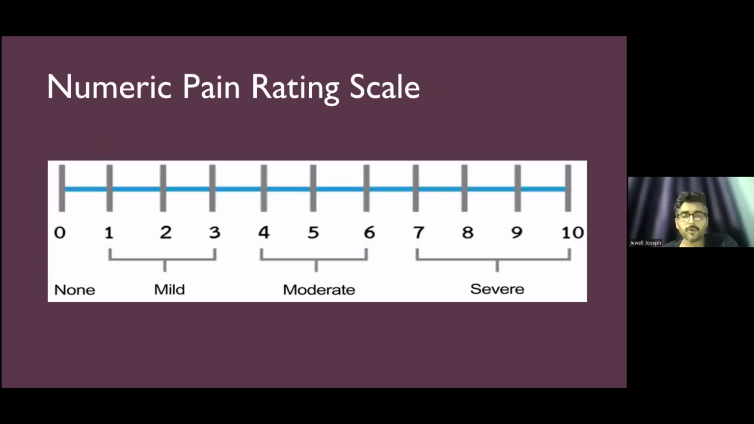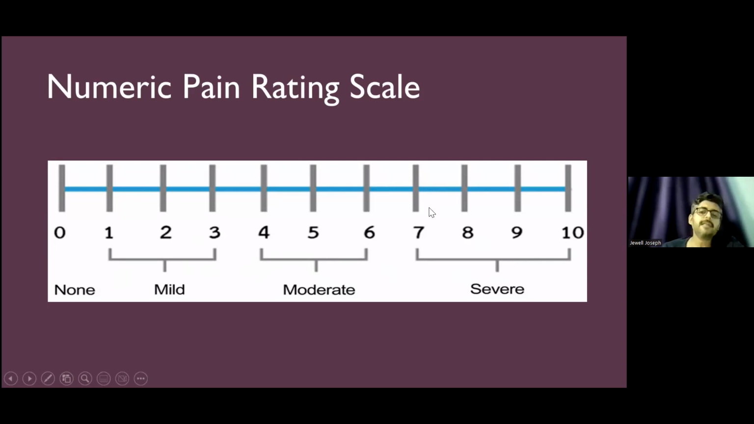So this is the most commonly used scale in clinical practice, the numeric rating scale, which is again a unidimensional scale. The only thing that we ask the patient is to let us know the severity of the pain on a scale from 0 to 10. So 0 is basically no pain and 10 is the most severe imaginable pain. They can mark 1, 2, 3 up to 10. 1, 2 and 3 we usually tell as mild pain, 4, 5 and 6 moderate pain,